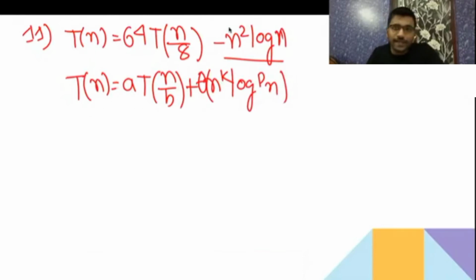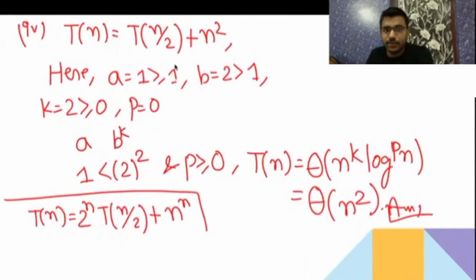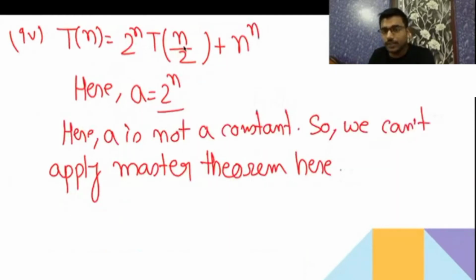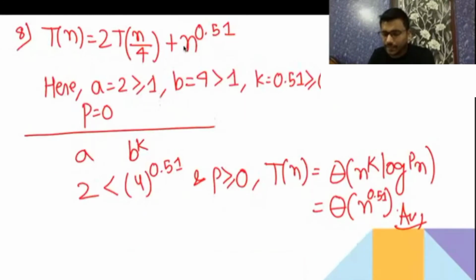Okay. So it's saying that, as we have seen in the recurrence tree, if you do this work, then you are going to do this; here it's saying negative. If you don't do this work, then this will happen. These things are there for other functions. But we are going to see only divide and conquer. I have told you in the beginning that this master theorem is for divide and conquer. For other functions it is there, but we are not going to see that, because in GATE they don't ask.